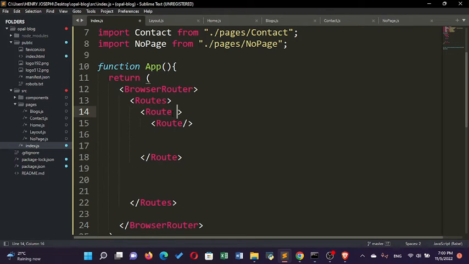Let me copy this. Then let me paste. Maybe my second route, third route in my routes object. Yes, you can do this, but you can also nest this route into another route. So you can have that first route nested into this route. You can have this route nested into the following route. Now, when routes are nested, I'm going to show you what happens, but I need more